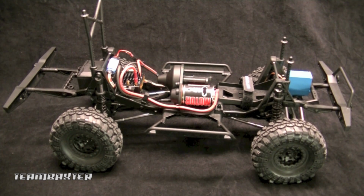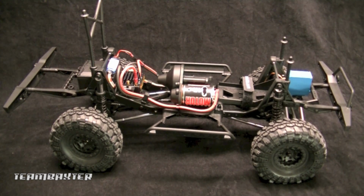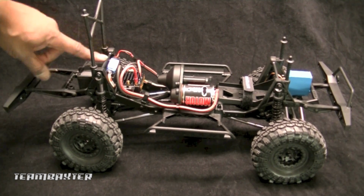A lot of guys ask me how I feel about this build, and all I can say is it's the same, but it's different. It has the same parts, but they're all different. The way they're thought about is different. The way they're engineered and built are different. For instance, the shock hoops. They're the same shock hoops that you get on any other vehicle, but these are plastic, much beefier, and they're just designed a little bit different. There's extra little features that come with this truck, such as the shock braces, the shock hoop braces that sit up in there,